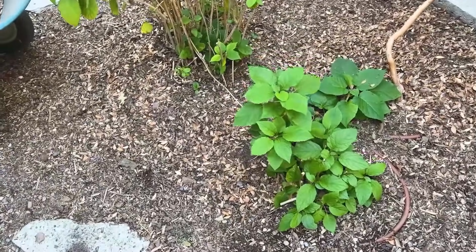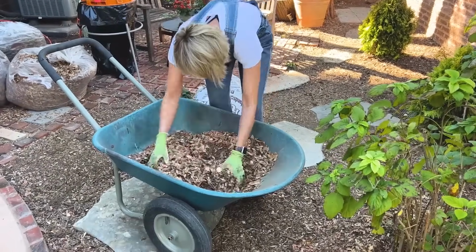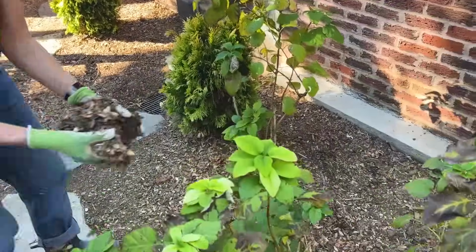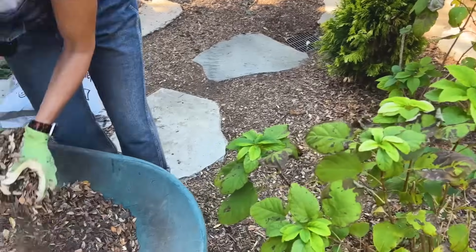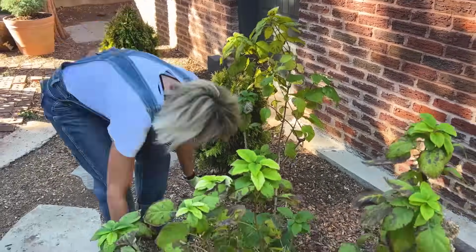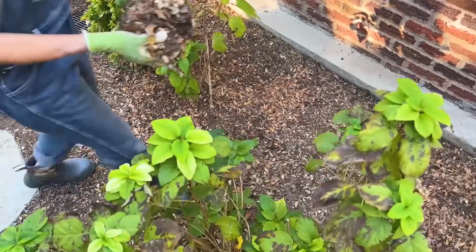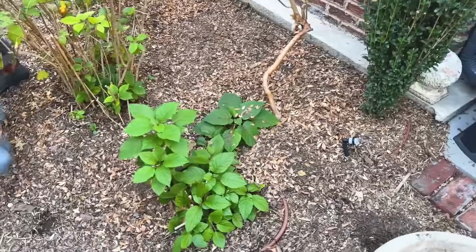And I like the fact that this is just all free. Now, could I use just the leaves? Yes, I could. But in some areas where I am mulching, I am also going to come back in and broadcast some seed of some things that will germinate and come up in the spring. But right now, see how nice that looks? And I'm covering up all of that drip irrigation. You no longer see it. And this will break down over time and improve the quality of the soil,